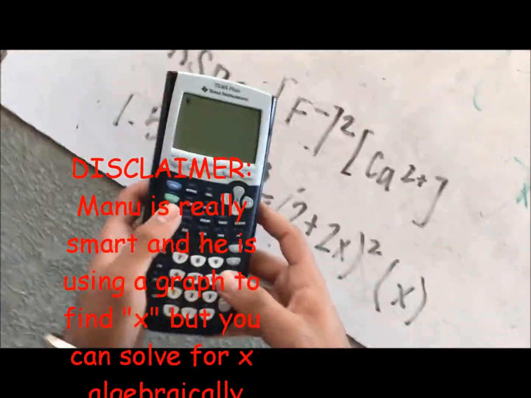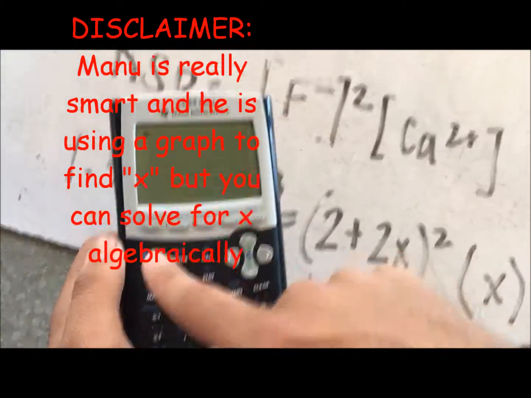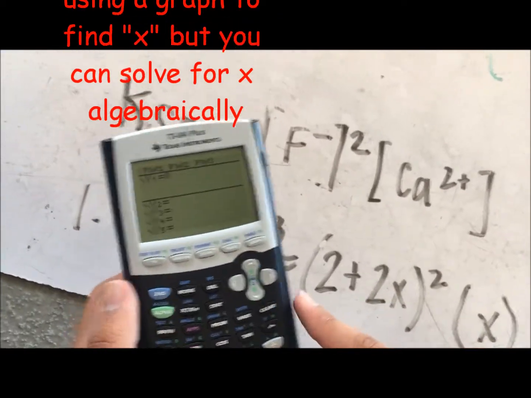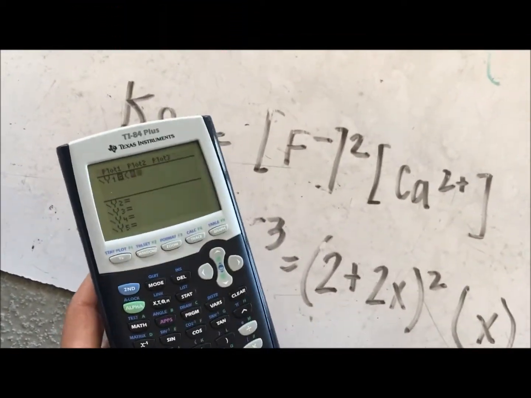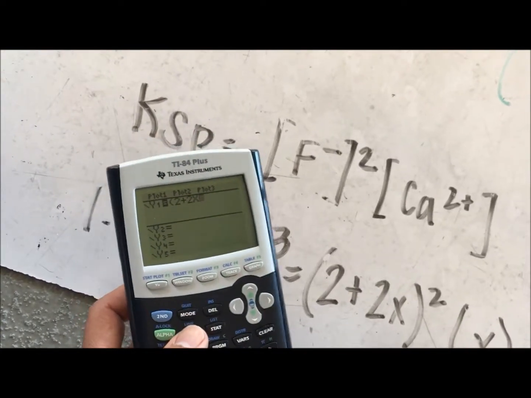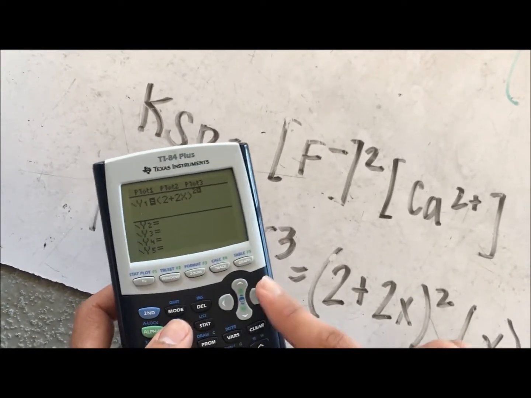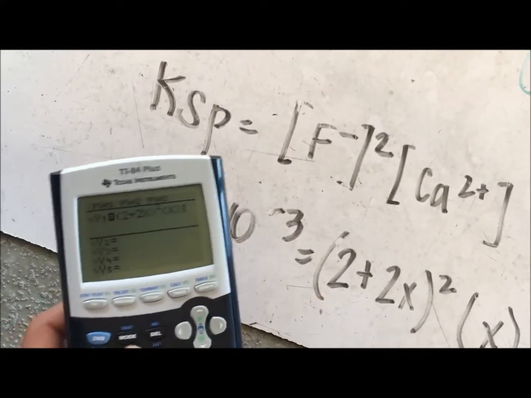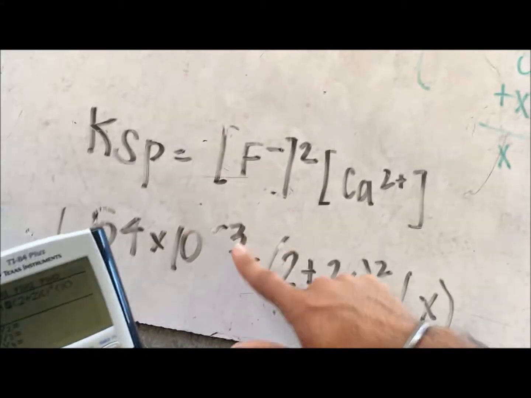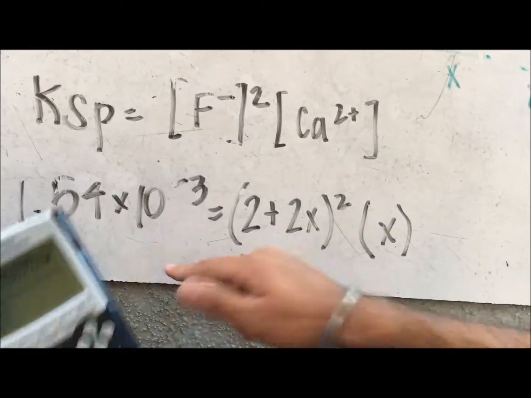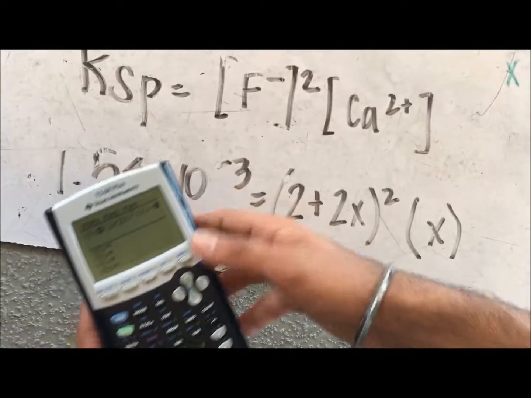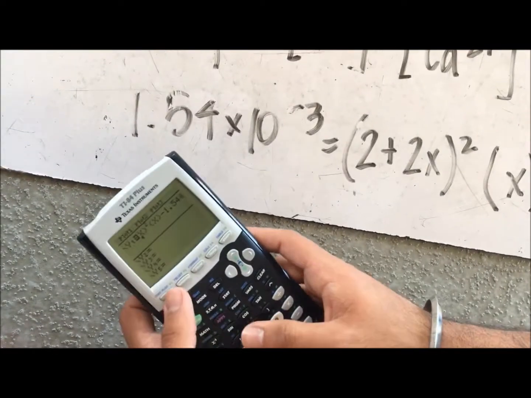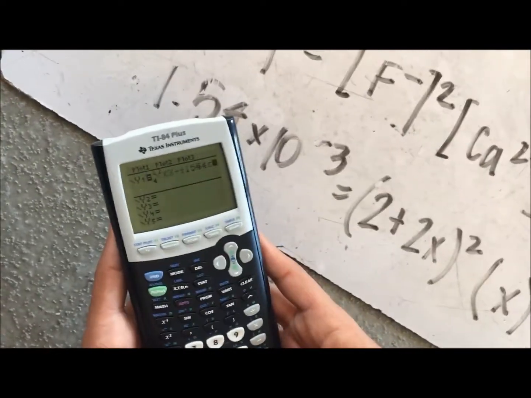So what I do is I go here, and I click y equals, and I graph the function. So I have 2 plus 2x to the power of 2, make sure you close the parentheses, times x, and I subtract this over to the right in order to set this whole equation equal to 0. If I subtract 1.54 times 10 to the minus 3,